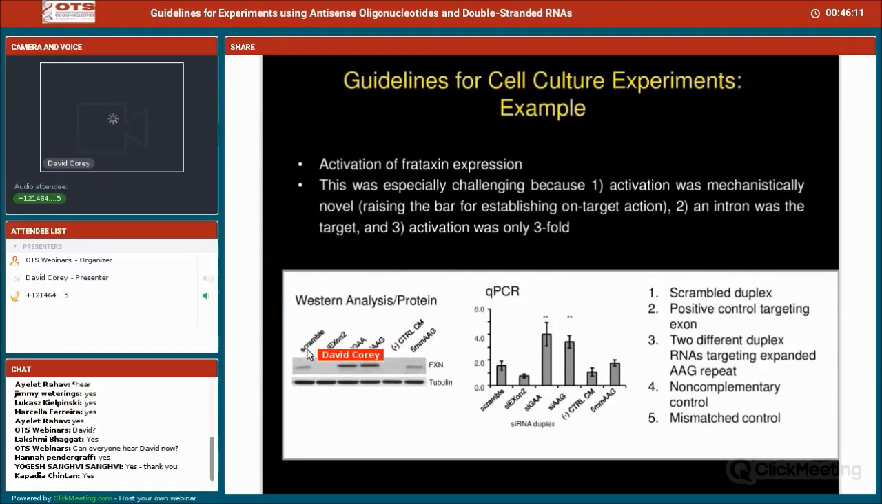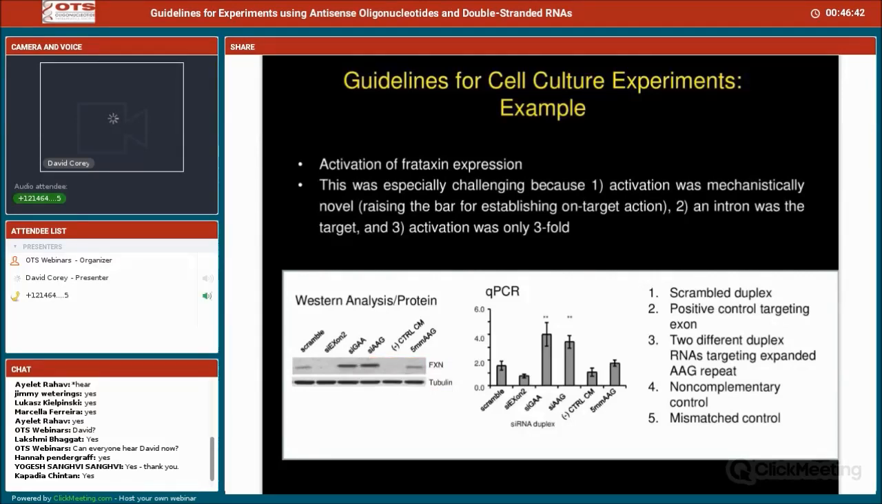As you can see, we used both a scrambled oligonucleotide and one with a mismatch control. We also used an oligonucleotide with no complementarity. We used a positive control that targeted frataxin messenger RNA. And what you can see with SIGAA and SIAAG is that there were 2 compounds that were able to